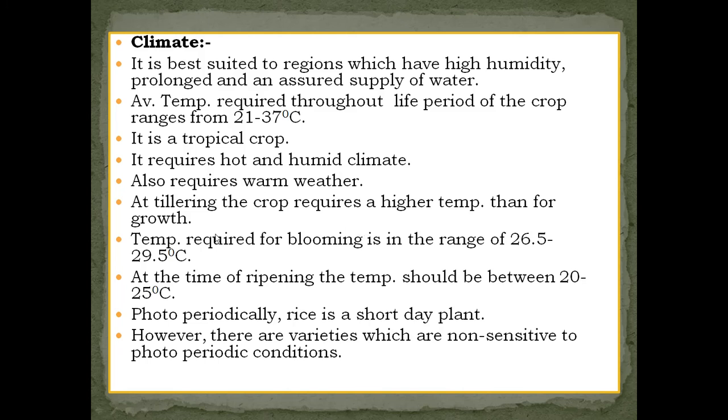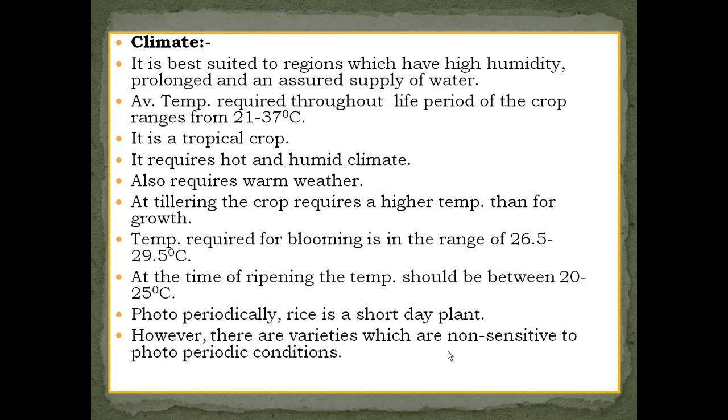Then the temperature required for blooming is in the range of 26.5 to 29.5 degrees Celsius. Then at the time of ripening, the temperature should be 20 to 25 degrees Celsius. Then photoperiodically, rice is a short day plant, however most of the rice varieties are non-sensitive to photoperiodic conditions. These are the climatic requirements of upland as well as lowland rice,